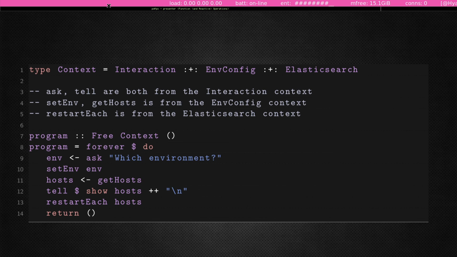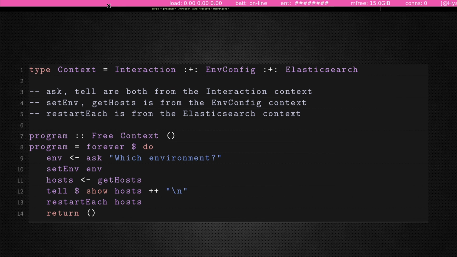It's a bit contrived, perhaps, but this is some Haskell code, and we can have these different contexts. We've got interaction, we've got env config, and we've got the Elasticsearch context. And inside of that, we can construct this program definition, where here we're going to ask which environment we want to do this to, right?